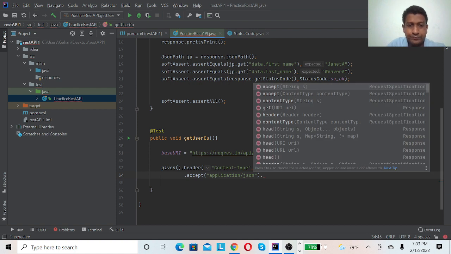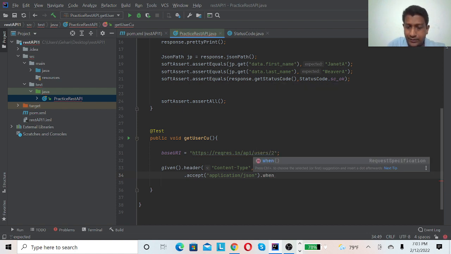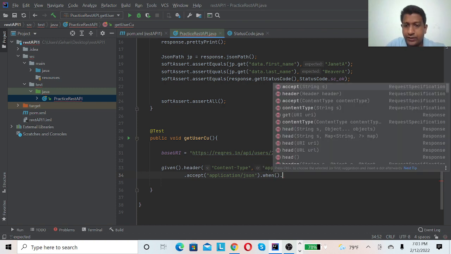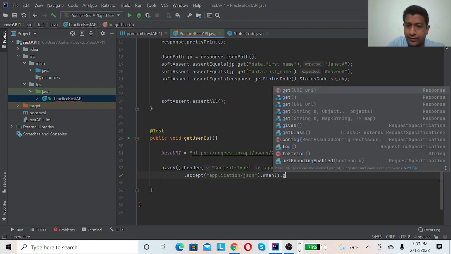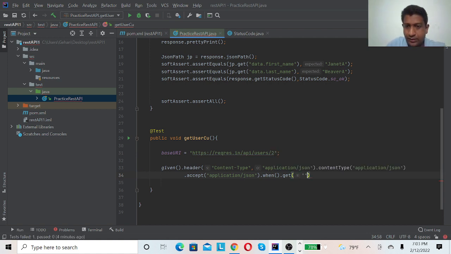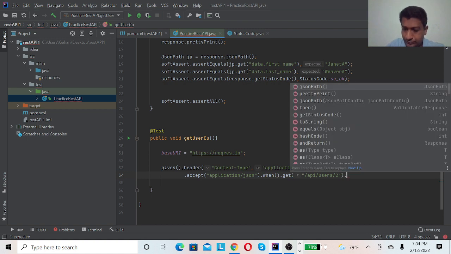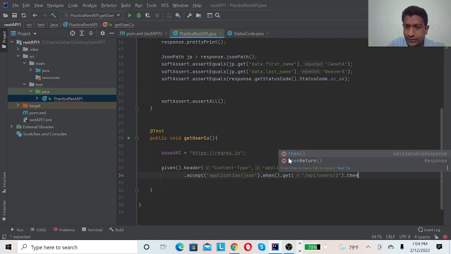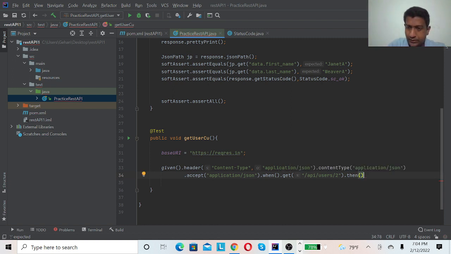Then after that, the when keyword is there. When dot, since it's a get request, when dot get, and here you can put the get URI. So I will store the base URI, up to here. Now I will cut this part and paste it under here, and then the then keyword, dot